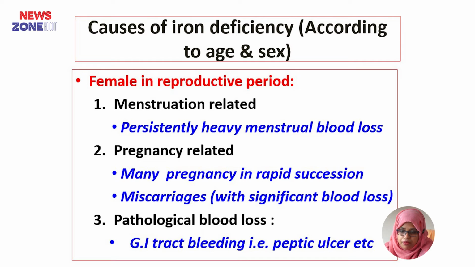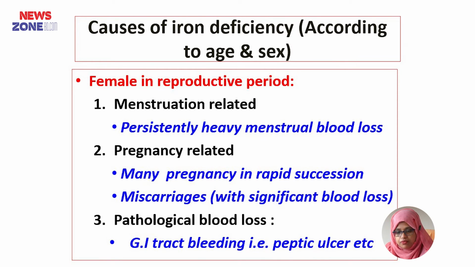In females in the reproductive period, iron deficiency occurs due to menstrual problems. If a patient has heavy menstrual blood loss, or in pregnancy the patient may have rapid succession or miscarriage, and pathological blood loss includes